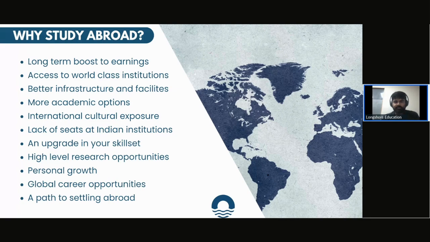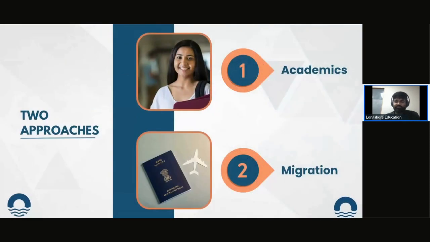Right. So there are two approaches, right? Basically, at the end of the day, students who want to go abroad are focused either on academics, this includes career growth, or on migration, right? We are at Longshore and we are focused on the academic approach, right? Migration at all costs is not generally an approach that we prescribe to. And generally speaking, it is what the crackdown on student visas is all about. Basically, people who want to migrate to a foreign country at all costs without looking at the academic aspect of things is something which the countries are trying to crack down on.